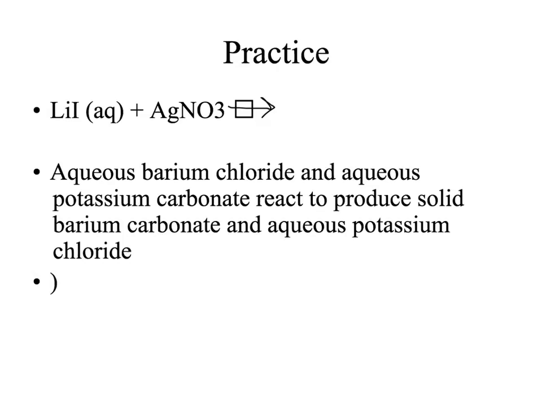I have lithium iodide reacting with silver nitrate. Now, again, in class today, we practiced where the first thing is to write down your charges on each of your elements. So I've started with doing that. This is a double replacement reaction, so I'm going to have my positive cations replace one another. So when they replace each other, I end up with silver iodide and lithium nitrate. The next step is to make sure my chemical reaction is balanced, which it is, and then finally to look